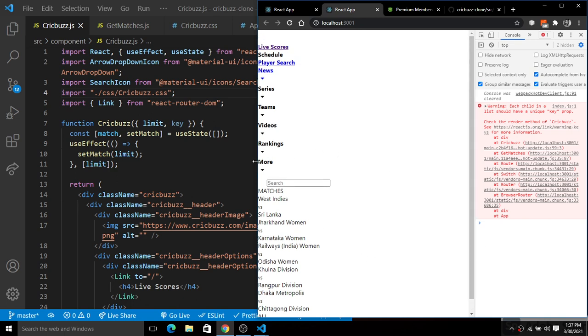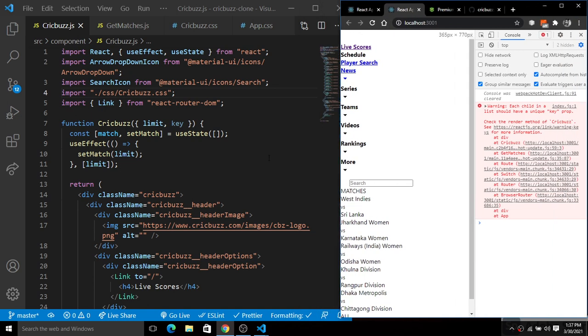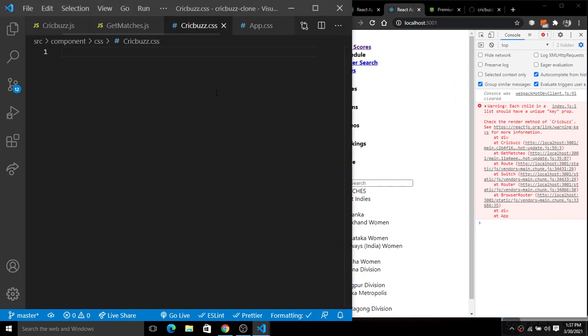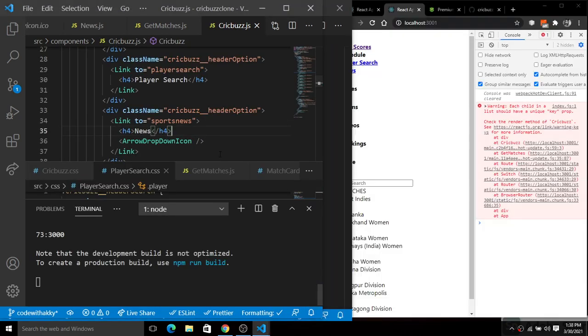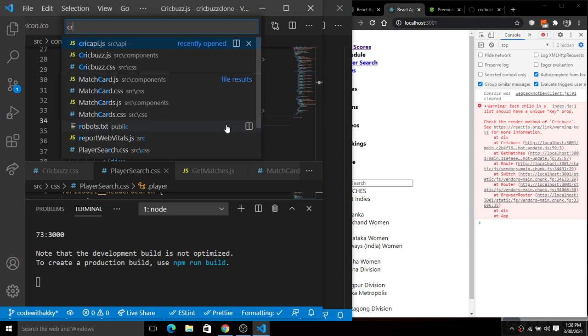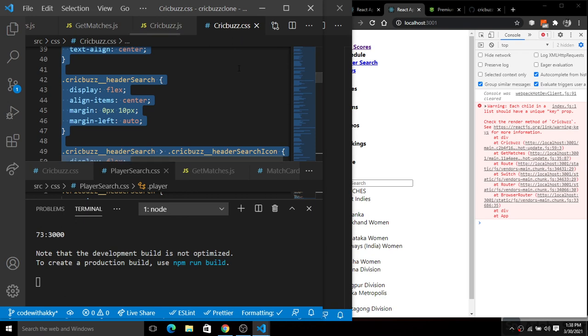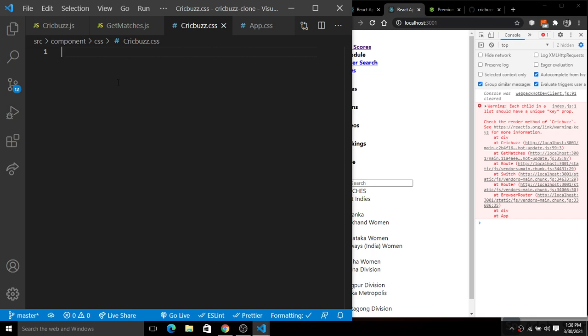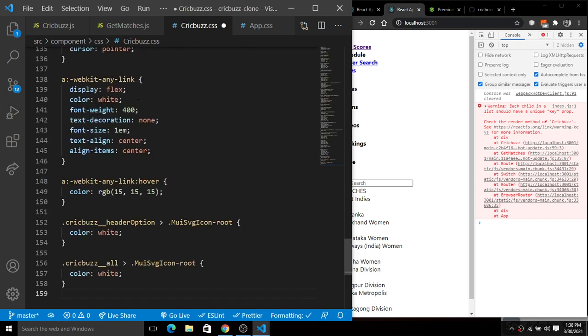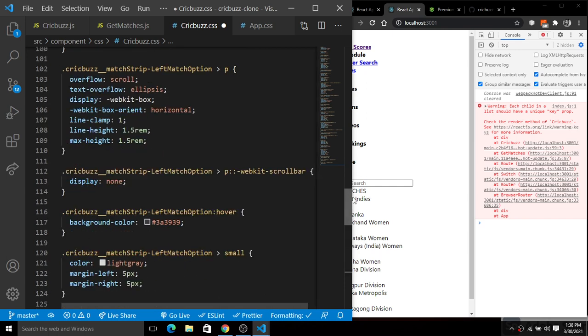So for this CSS I'm going to simply paste the code for the CSS also here. So here we have this quickbuzz.css. I will simply grab everything there, copy this, and paste it down, because if I do the CSS here line by line, it will take a lot of time. So I think you guys will be able to do the CSS there, or you guys have the right to design the page your own way.